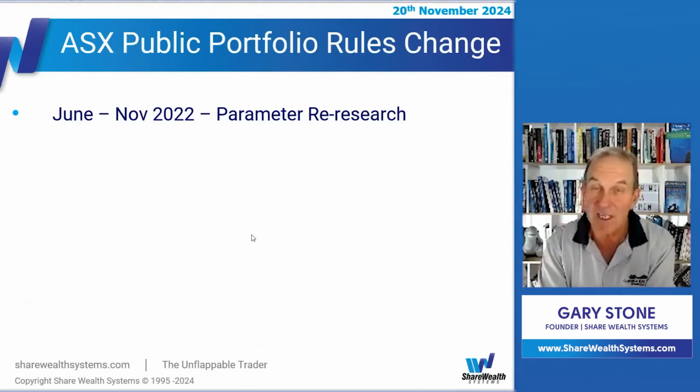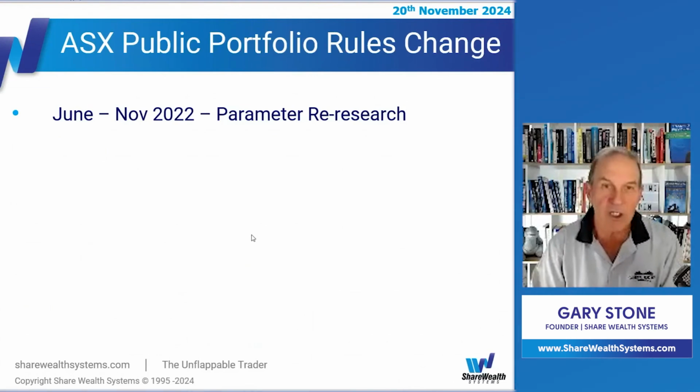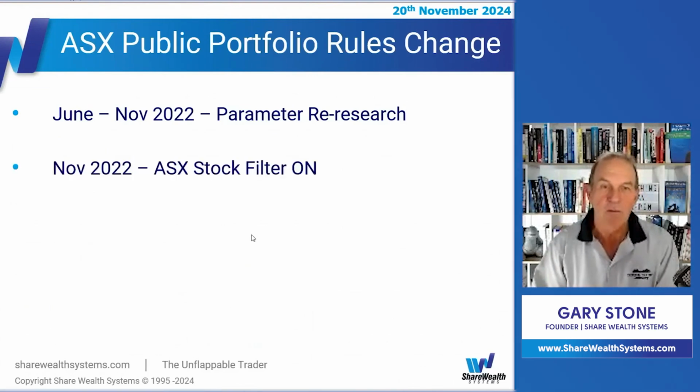So we went from about 15% max drawdown in the 6 years prior to that, to 23%. In the US, I think it went to 33% drawdown. And I think we were running at about 18 or 19 at the time. Also bigger than what we like. So we started doing some re-research of the parameters and came through with a few things.